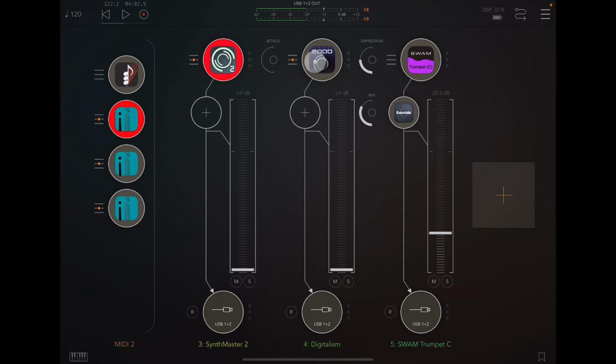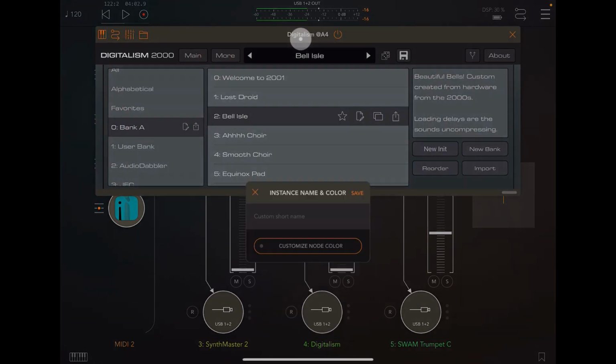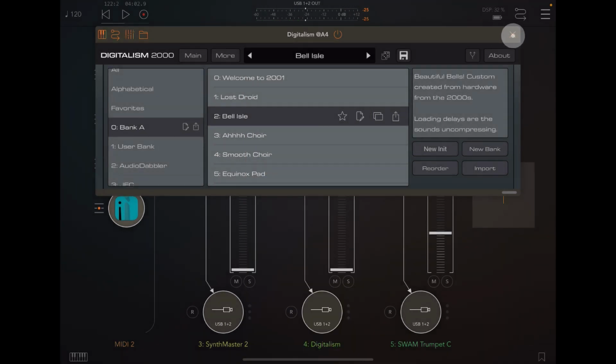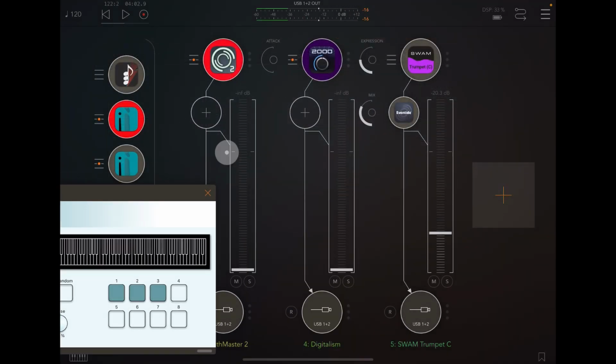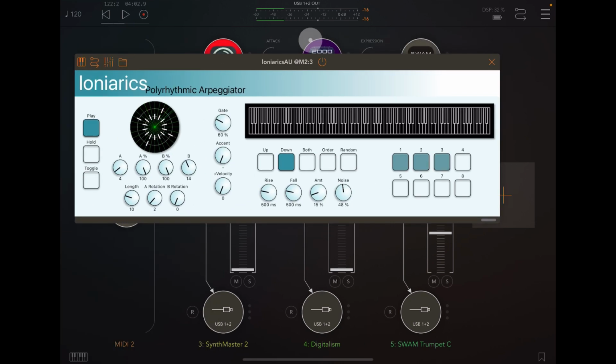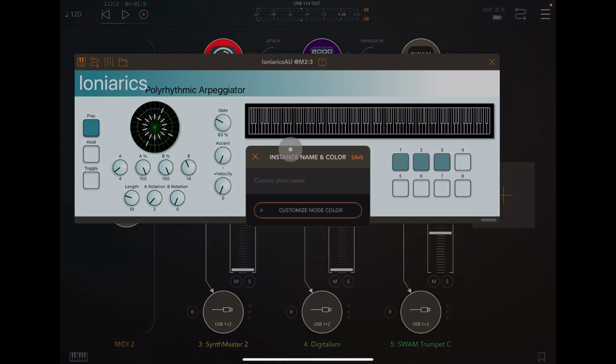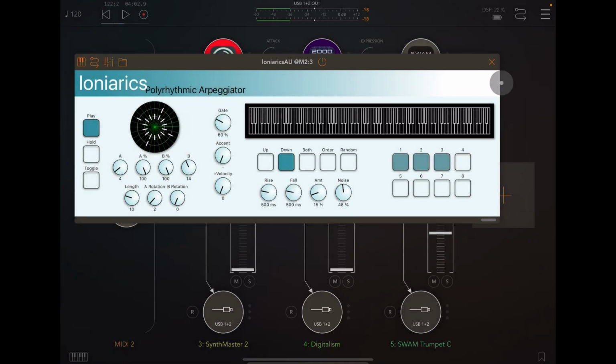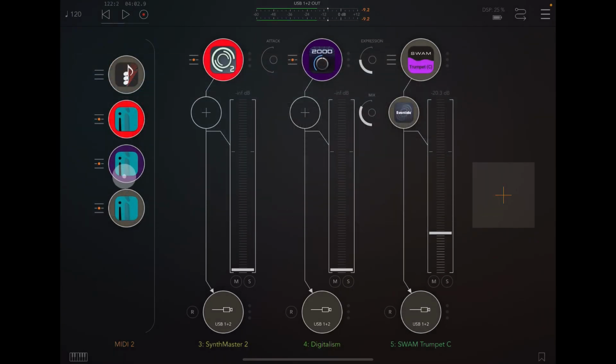And again, let's set these colors up a bit better. Maybe drag this one down, have this purple, save. Do the same with this. We'll just long hold on the header, custom color node, just drag that straight down. So now we're color coding these as well. Now what's going to happen when we play, I'll take this out, is